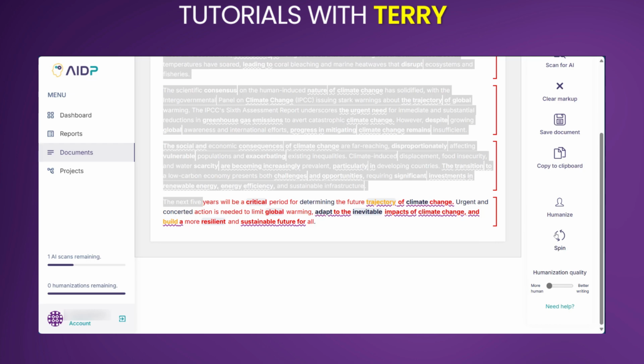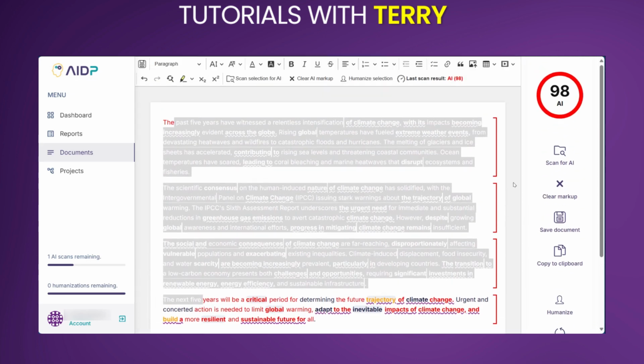You also have the option to spin this. Basically what the spin does is it rearranges the sentence or paragraphs to help with editing. Now, after you follow these steps to make some humanizations on this document to improve it, you can go ahead again and scan for AI, which we can expect to reduce from 98%. Through use of these tools here for customization, you can definitely succeed at making this less of an AI written